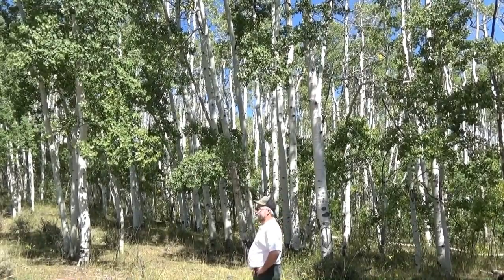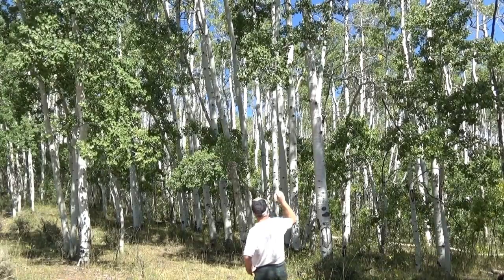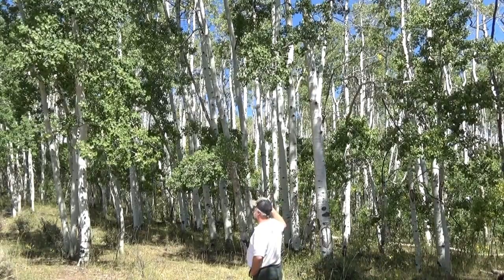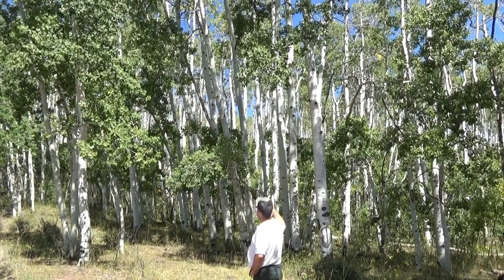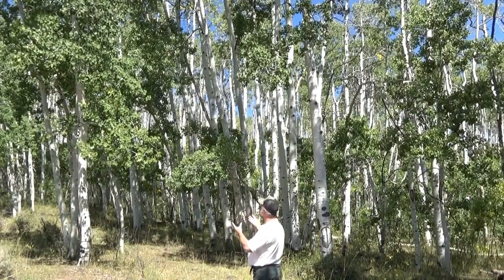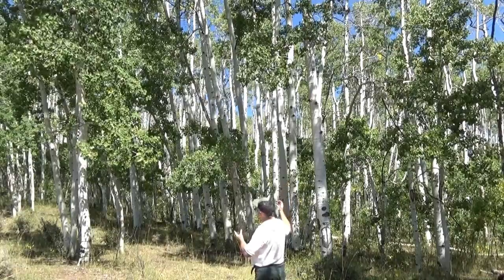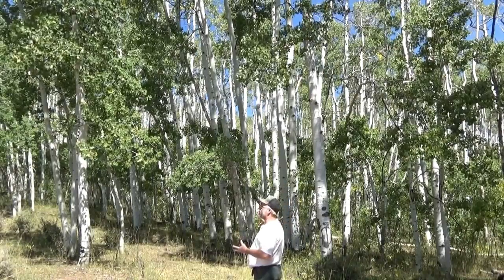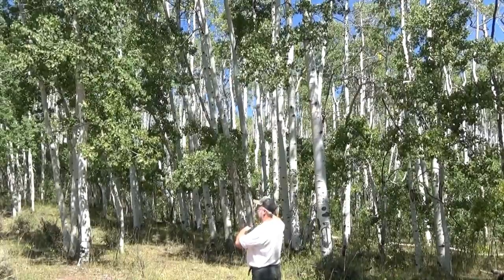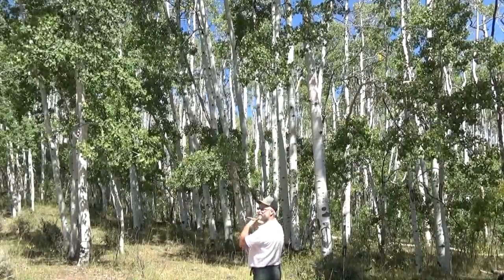This will be self-perpetuating. As these trees get a little older, they die for whatever reason, either because of age or rot. They begin to tip over, they open up another space and allow more regeneration to occur within that hole. Then these other trees begin to take their place. And so you get this perpetual cycle of overstory, and then the mid-class taking over for the overstory and the small ones moving up into the mid-story, and it just perpetuates